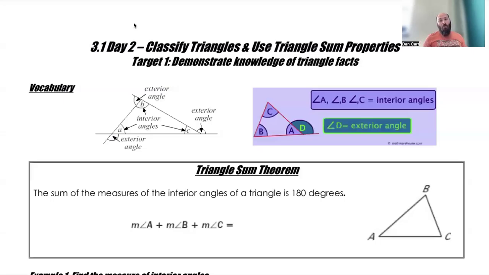Today we're going to be looking at 3.1 day 2. It's going to be more triangle properties here. The first thing I want to talk about is the idea that we are going to be describing things as